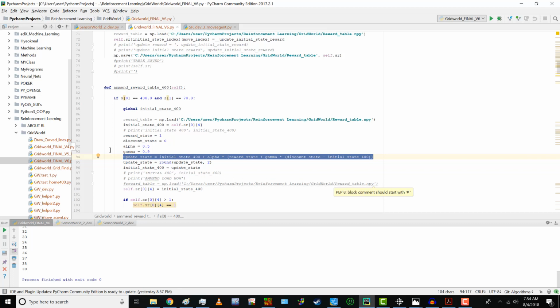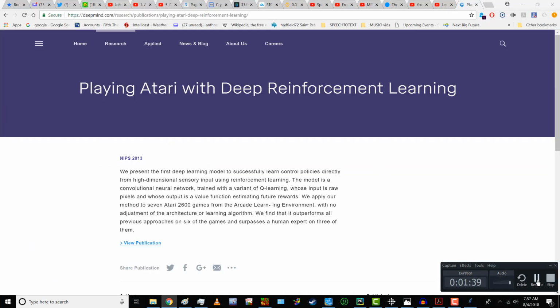And for those who are not aware, this is generally the Bellman equation. It updates the reward in any state via the equation that the reward in that state is added to by a scalar alpha times the reward in the next state plus another scalar times the reward of the maximum discount reward, as it's so called, in the next series of states, minus the original reward, and that is the Bellman equation for updating. In SensorWorld, we're moving up from GridWorld to the DeepMind publication and the introduction of deep reinforcement